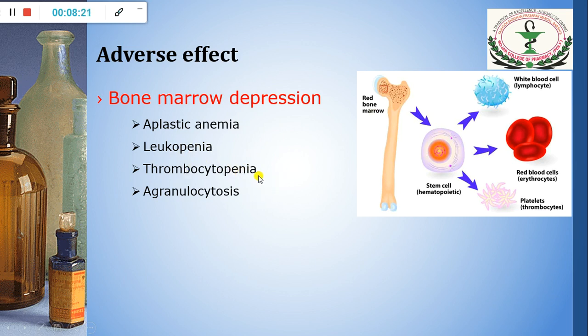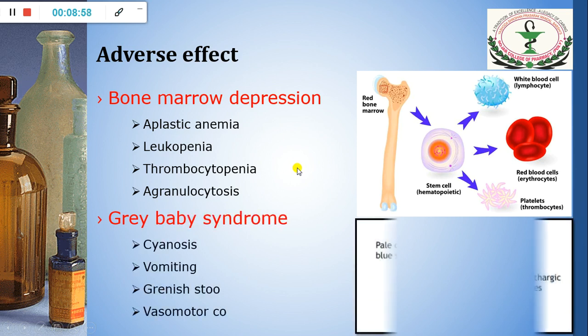So that's why, if the patient is on chloramphenicol therapy, a regular blood check, that is regular CBC, complete blood cell count, must be done on a regular basis, to check whether bone marrow depression is going to happen, or what the severity of that is, so that we can stop the drug if the WBC and RBCs are decreased tremendously. So this is the major adverse effect of chloramphenicol.